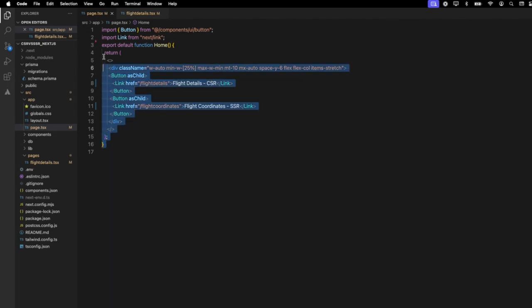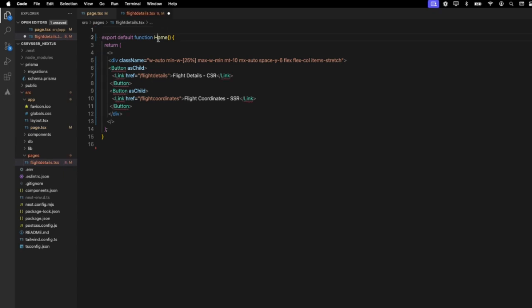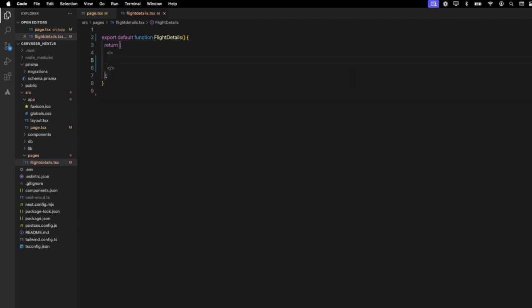Within this, I'll just copy the base. I don't need this. Flight details. For now, I'll just keep it like this, empty. Okay. So here, to get the flight details, I'm going to use